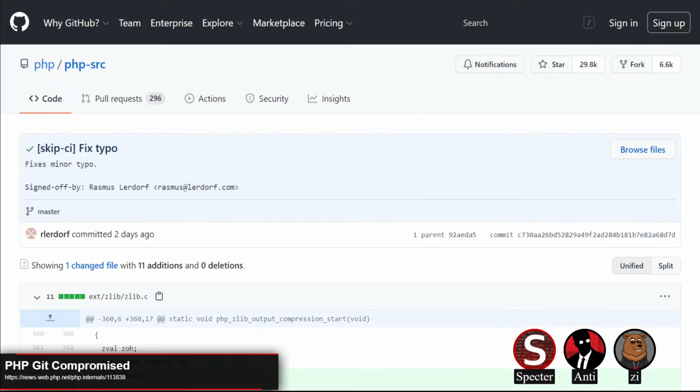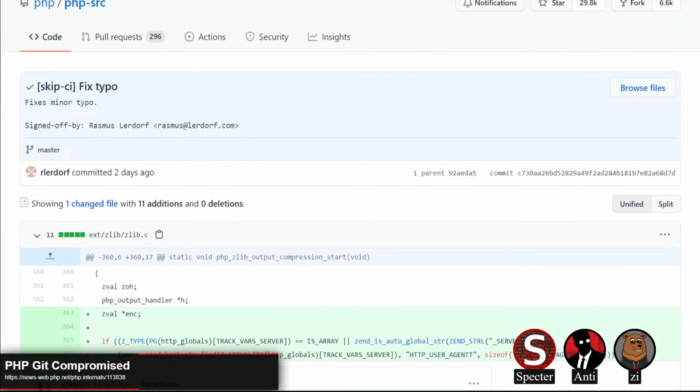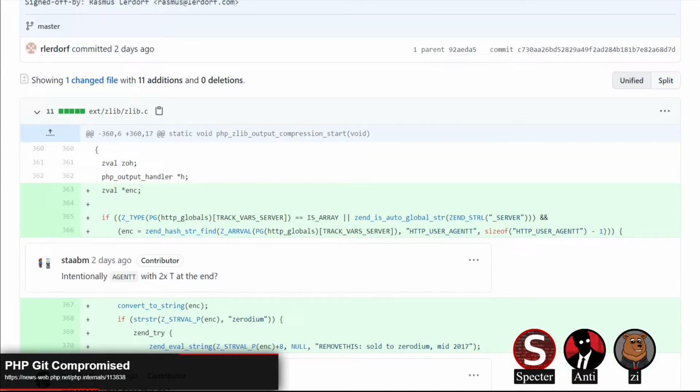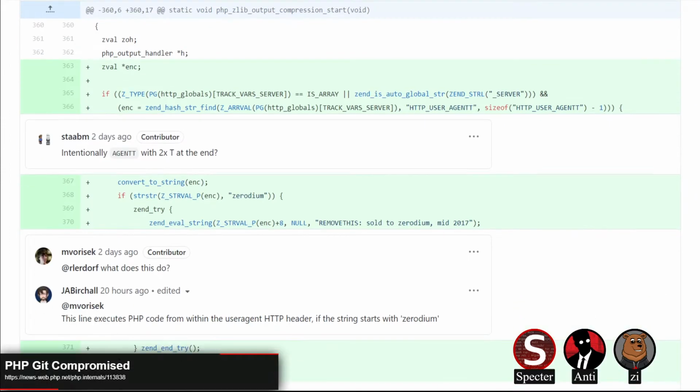Because of that, they are now dropping their own Git infrastructure, which is a little bit questionable, that they were even running their own Git server in the first place. Where PHP is so old, though, I can kind of see it just being a relic from before the hosted services were really a thing or really popular.